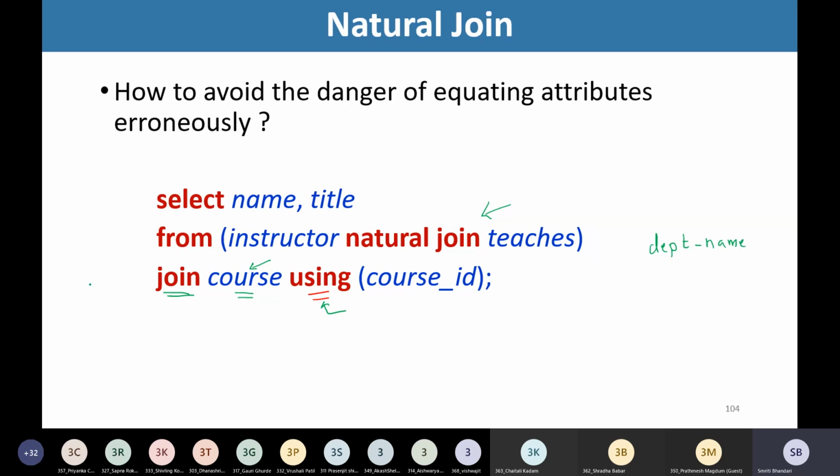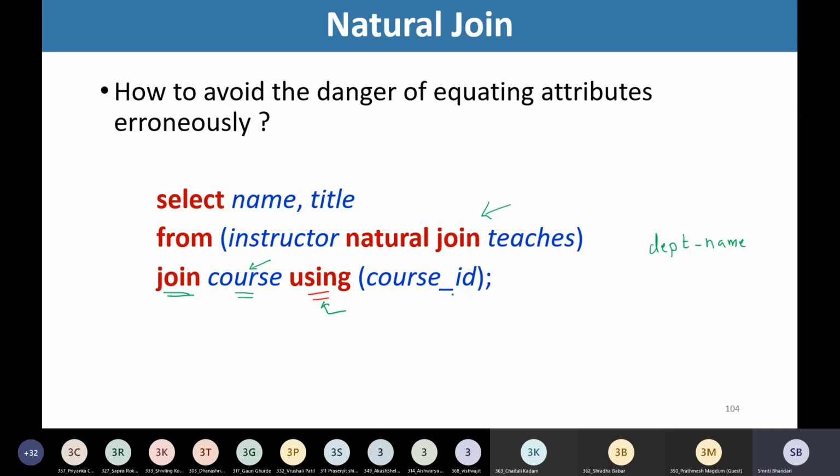in both these relations. But if I would have written here natural join, then automatically my system will match department name along with course ID because these two are common. But we do not want this. So instead of natural join, we are making use of join along with this clause using.